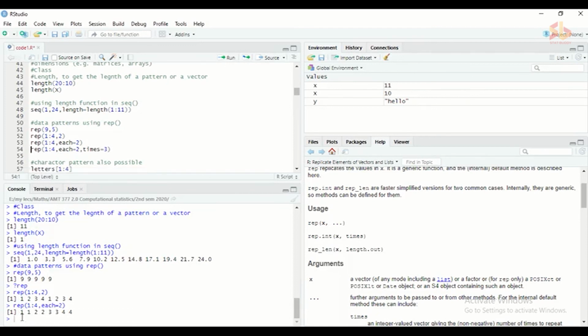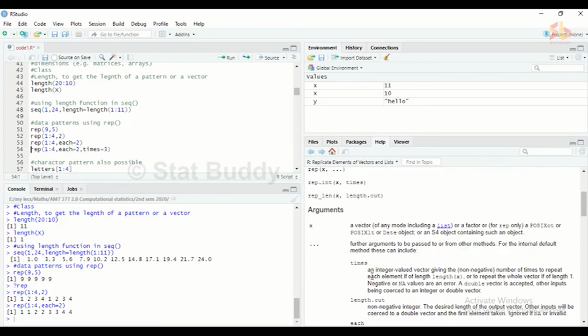By executing that, you will see 1 1, 2 2, 3 3, and 4 4 printed. But if you give the 2 without each, it will automatically be taken as the second argument, which means how many times you want to repeat the pattern. But if you name the argument inside the function, it will run that argument directly.